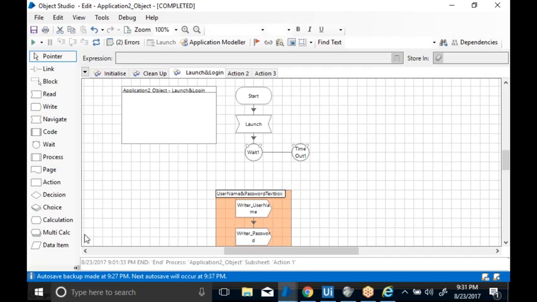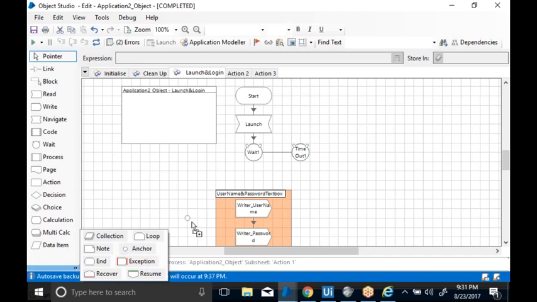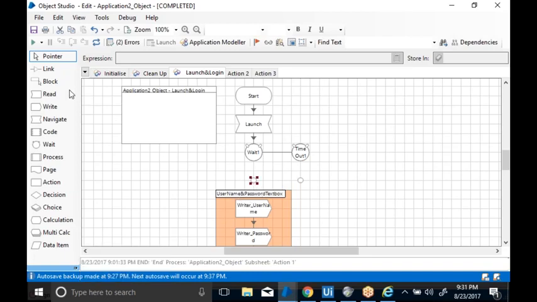Now delete this. What will you do? Take the anchor here and keep one more anchor here. The anchor is used to connect two links. Whenever you want to connect two different links, you use the anchor like this. Now you can understand. Instead of connecting directly like this, I am making it one flow, doing like this here and again coming here and coming here. To connect these two links, I am using an anchor stage.